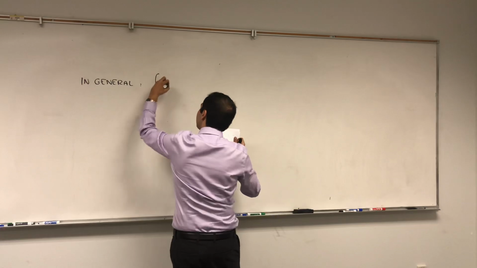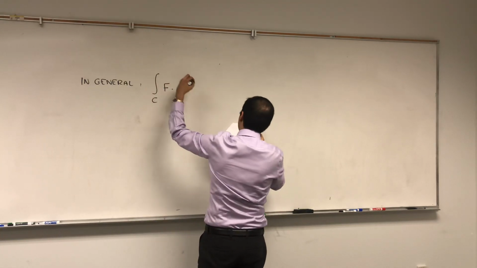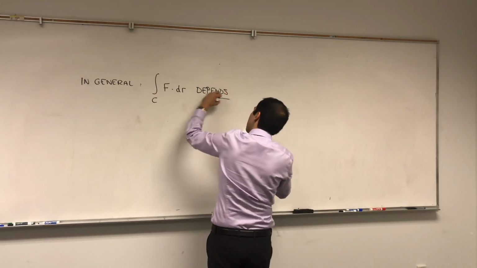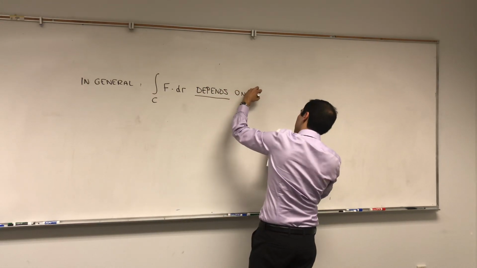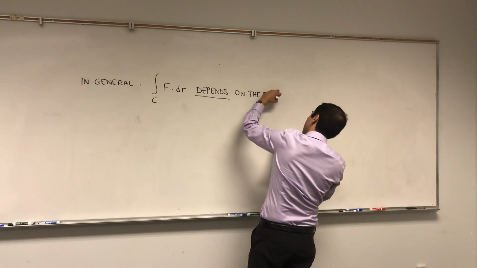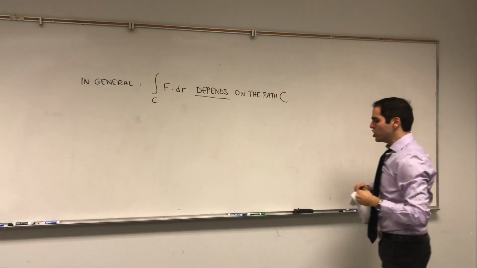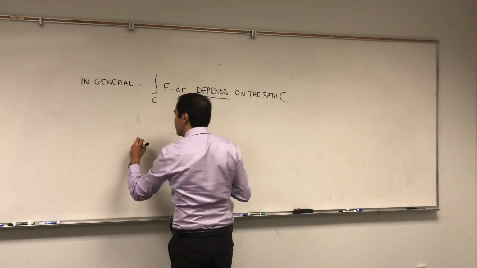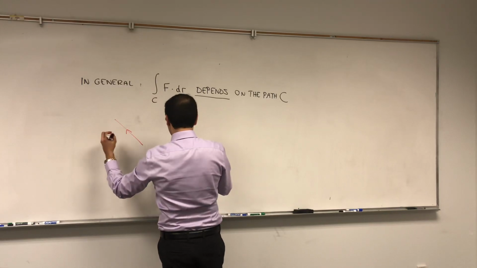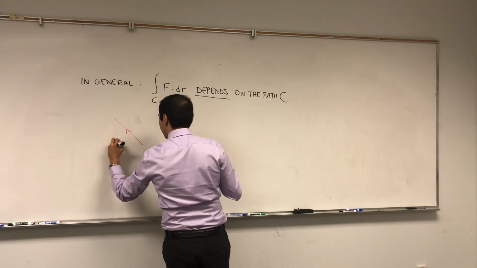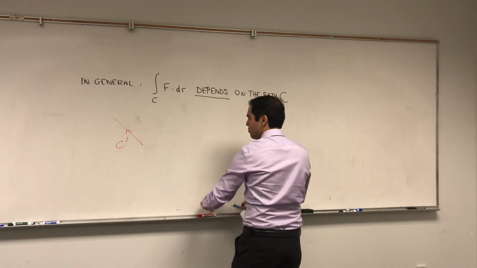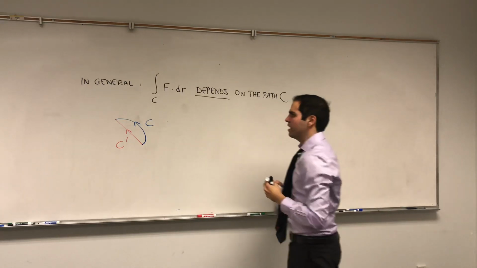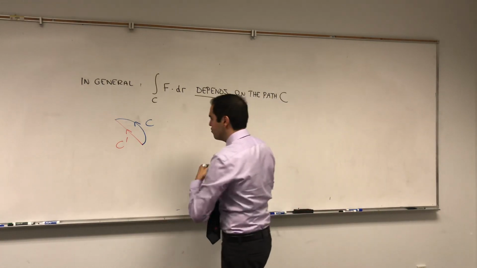If you take the line integral of F dotted with dr, this depends on the path C, which means that even if you have two curves, C and C prime, with the same starting point and the same end point, like in this figure,